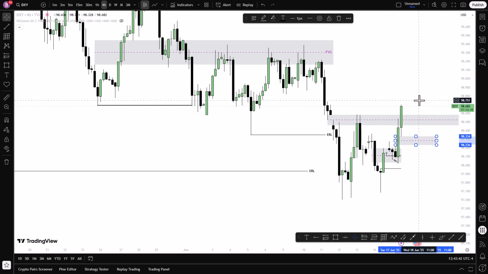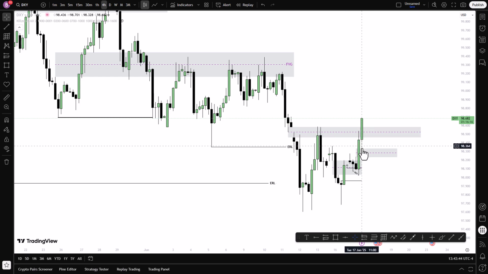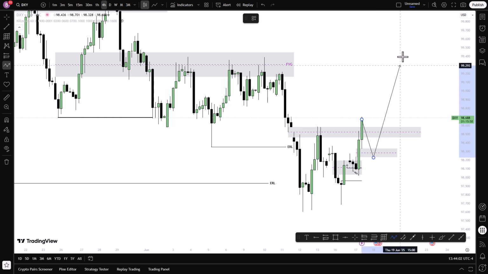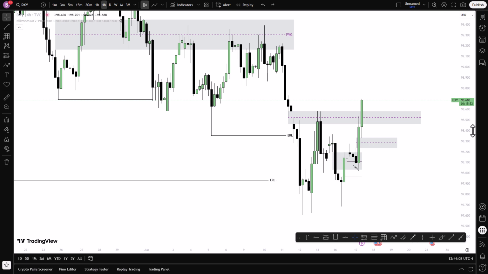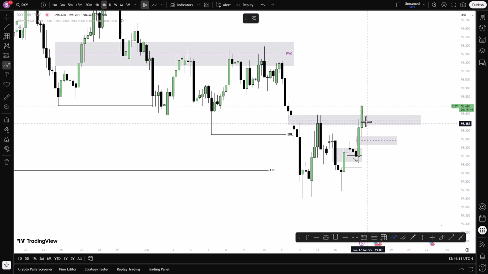So tomorrow, if price did not fill this fair value gap before tomorrow, I want to see price either coming to this fair value gap or respecting this volume imbalance, because we now have the potential of closing. Price has the potential of closing above this volume imbalance, so we might see higher prices. So tomorrow I want to see something like this, to this level, or I want to see something like this from here, to this level.